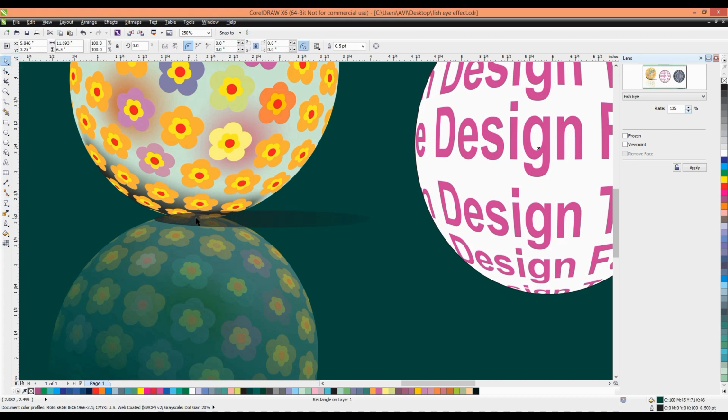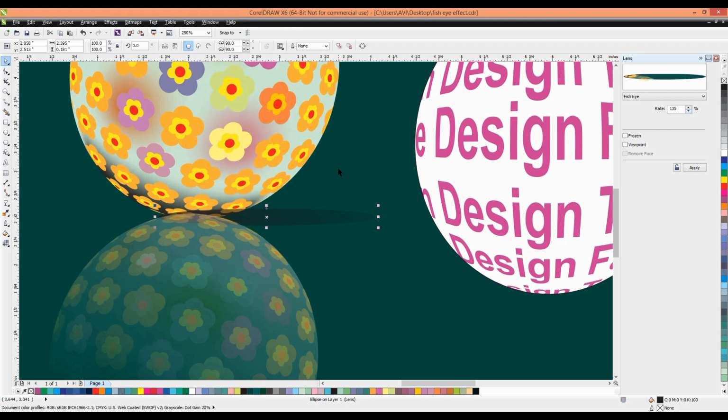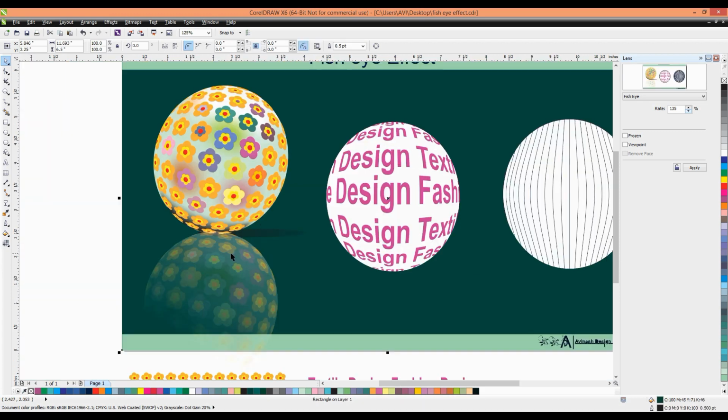And then right click the back of the page and go to Order, go Behind, Back Once, and again you have to send it back with Ctrl Page Down. Now it's ready, guys. It looks like a nice effect.